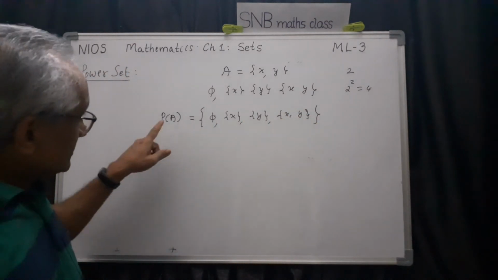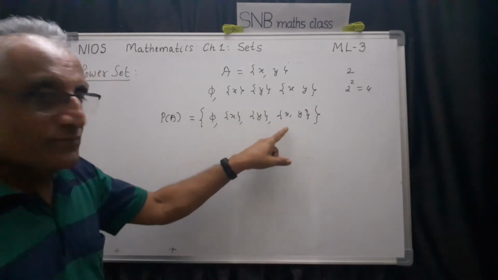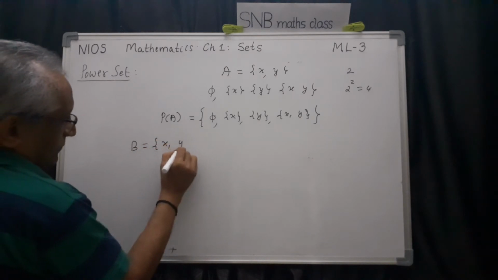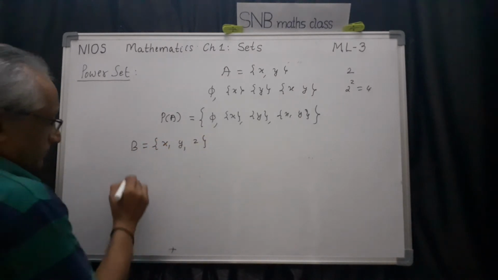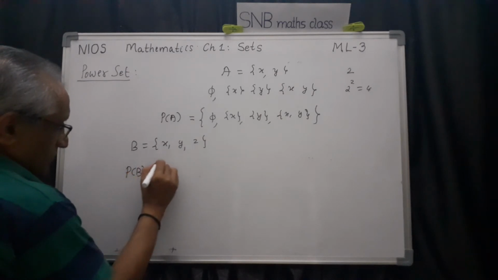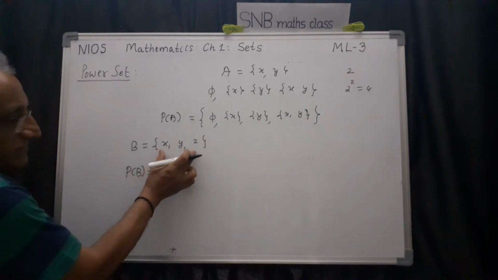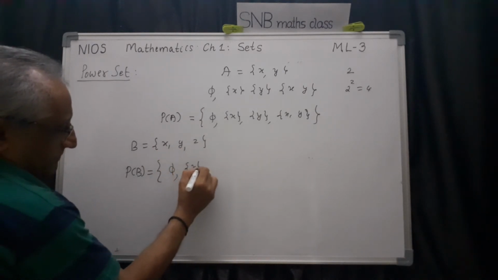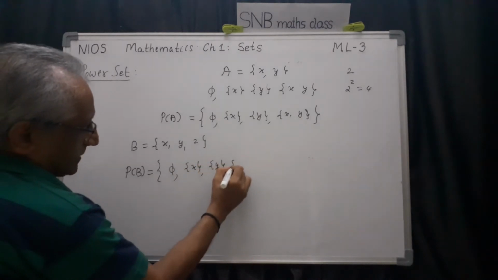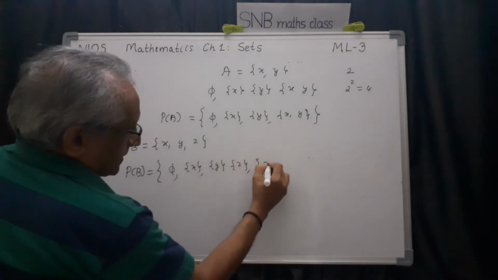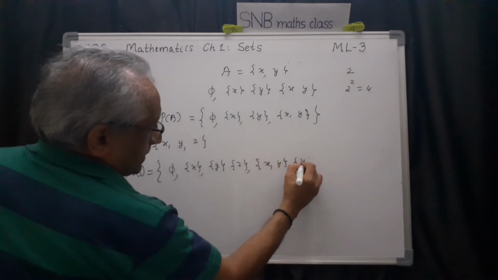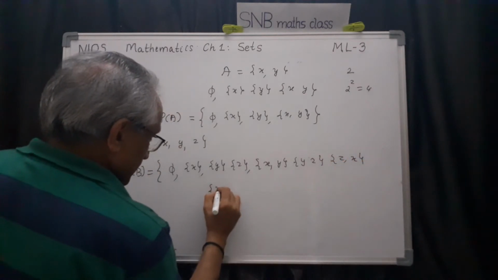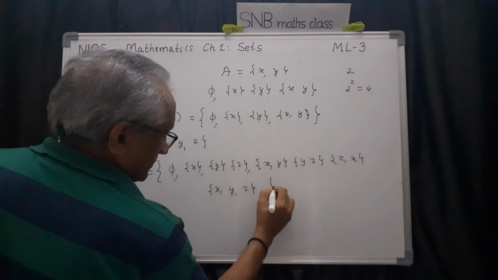Now what is the number of elements of power set A? It is same as this one, so 4. So for example, you see, if I take B equal to say {X, Y, Z}. Now power set of B means, what I should write is, all the subsets of this we have to write. We have seen this already. First one I have to write phi, then {X}, then {Y}, then {Z}, then two elements {X, Y}, then {Y, Z}, and {Z, X}, then all the elements {X, Y, Z}. So close the bracket.